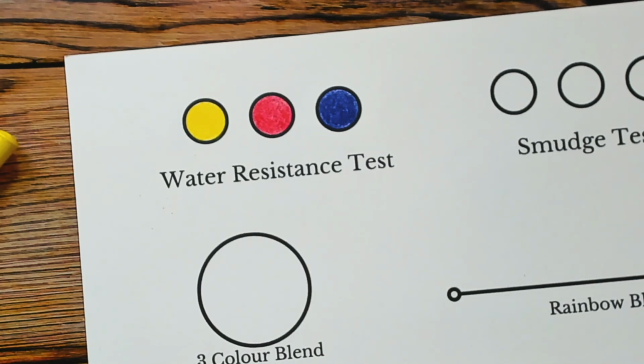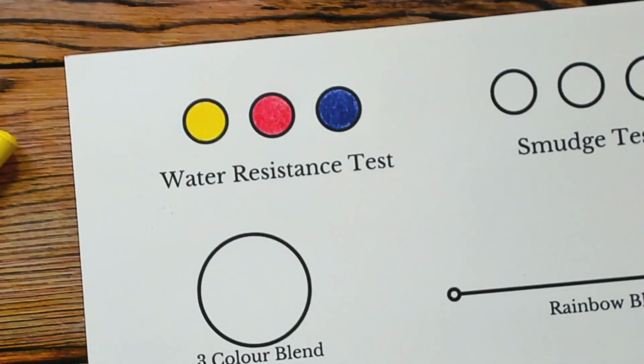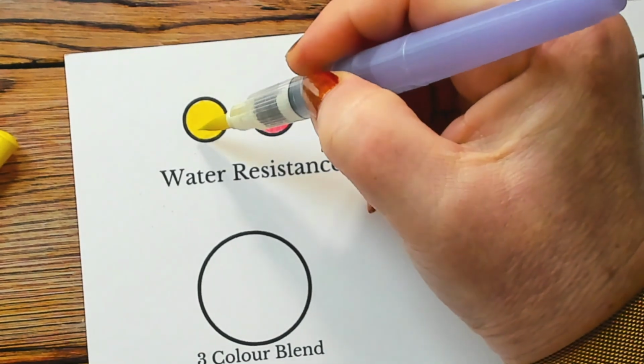Nope. Oh, my water brushes have run away. It's a good thing I have a whole thing of them here. Okay. This one. This one has water and it's wet. Okay. So we're going to...